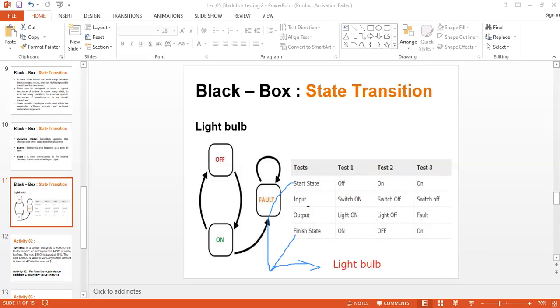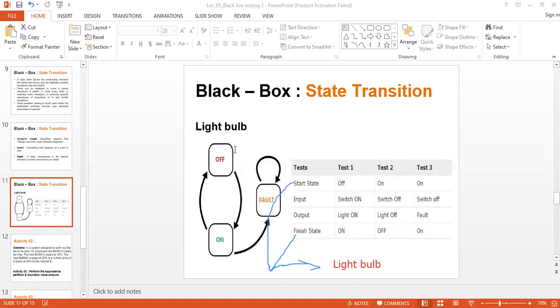Right? මෙතන start and finish state එක කතා කරන්න අපි අපේ light bulb එකේ, right? So light bulb එක off වෙලා තියෙන්නේ. අපි switch එක on කරනවා, light එක on වෙනවා. අපි ආයෙත් light එක off කරන්න යන්නේ නැති නිසා light bulb එක on state එකේමයි තියෙන්නේ. finish වෙන්නේ ඒ විදිහට. පැහැදිලිද? So when it comes to test 2, our light bulb is in the on state. So then we will switch off our light, then light should be off, and then the finished state will be off.